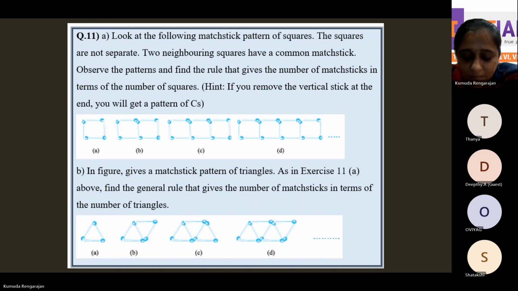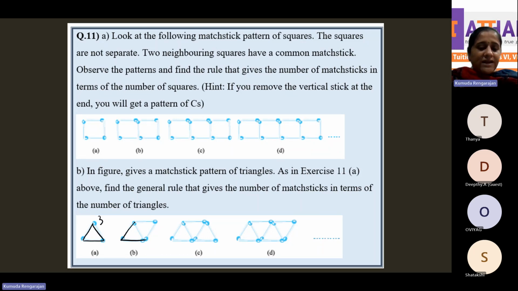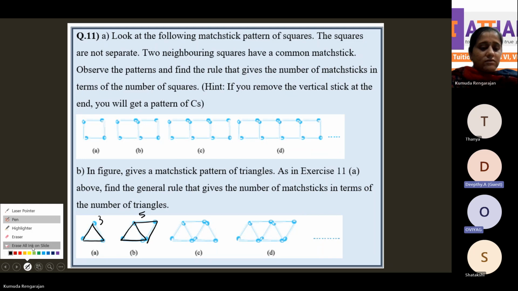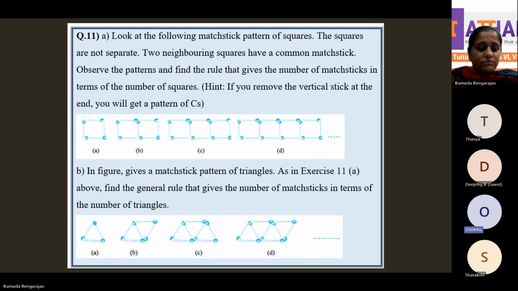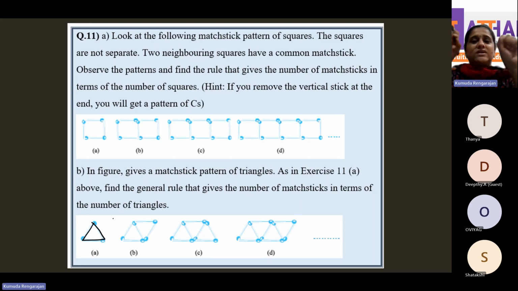Yes. Now look at the next one. How many sticks in the first triangle? 3. How many sticks in the pattern in the second place with 2 triangles? 5, 6, ma'am. 5. How 6? No, they have used 1 stick to connect 2 of them. Yes, ma'am, 5. That's because they're stuck to one another. They are not independent. If you want to make triangles independently like this,